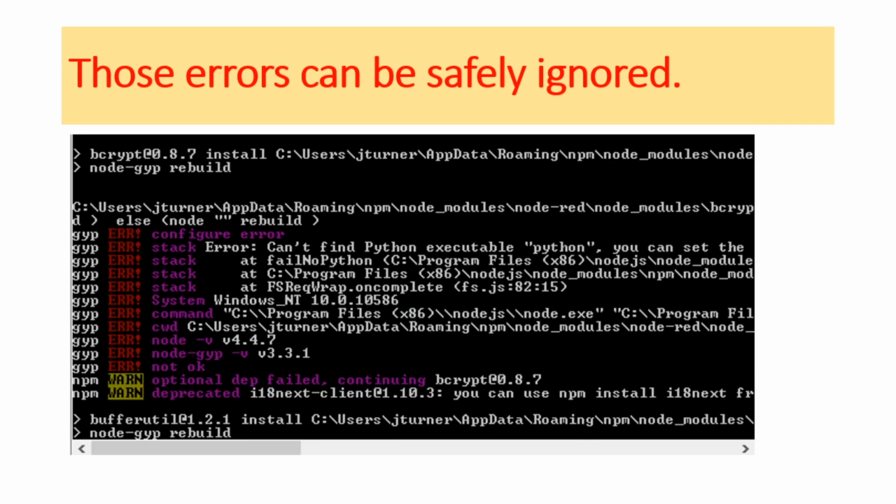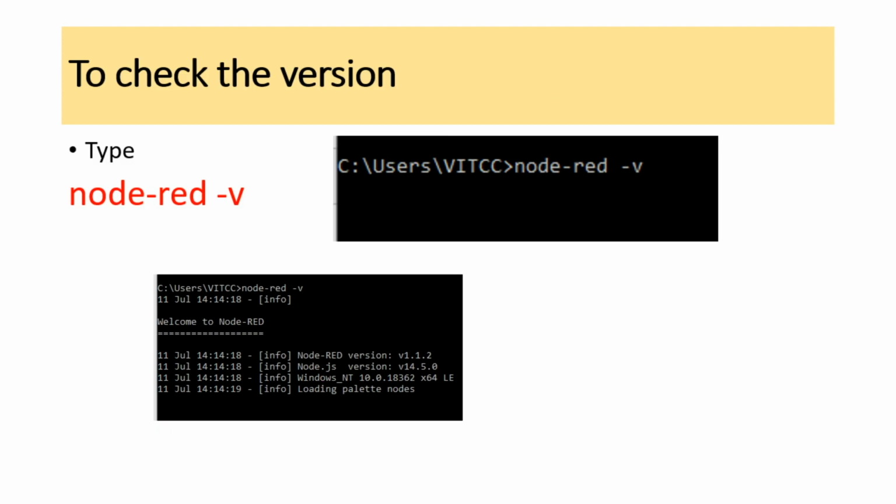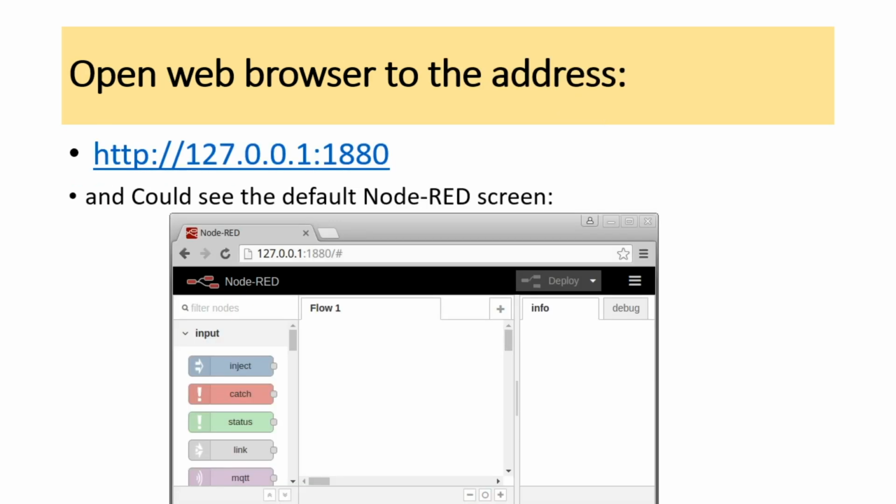Again a few errors will be displayed; you can ignore them, as these errors can be safely ignored. Once that is over, you can check the version by typing node-red, with no space between node and red, then a space followed by -v. The version will be displayed here.